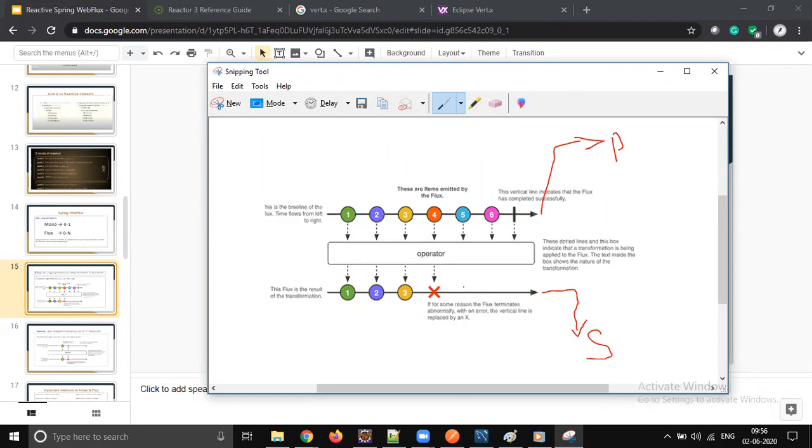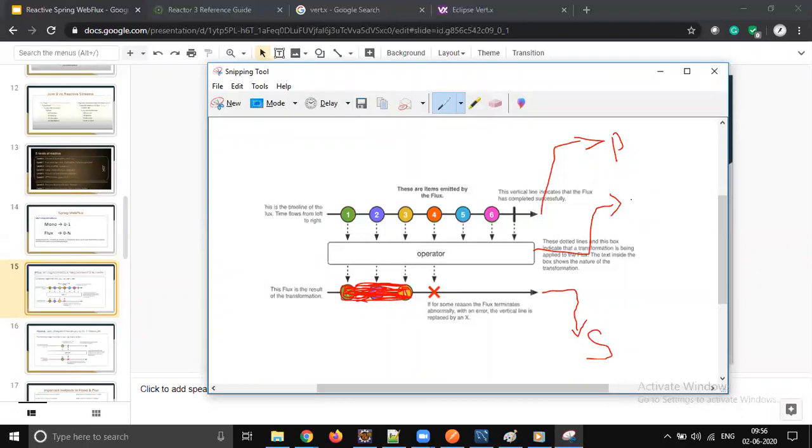That's the reason why you have all these things. For example, when you are subscribing for the first time, there is no data, so it will be a blank line. Let's consider it like that. So how are you going to subscribe to the publisher? By using some operator. There are so many operators, and by using any one of them you can subscribe to the publisher.